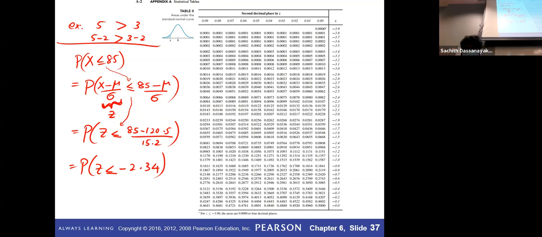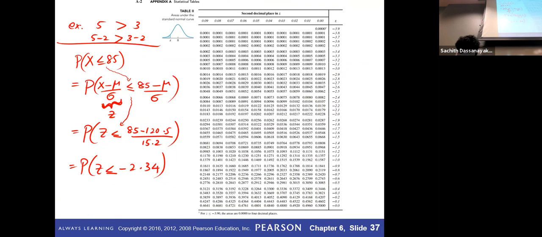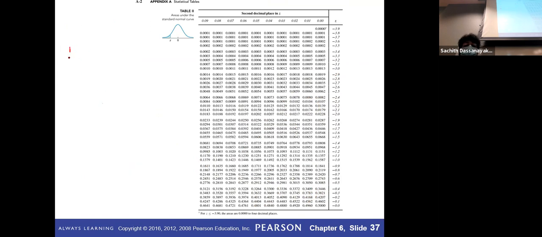Okay, let me show you real quick. I'm not going to simplify that, but let me check the values. 90, 135. So those two values are, I showed you, 90 less than or equal capital X less than or equal 135. You can do the same here, probability, but now you have 3 cases. So do it for 3 cases at the same time.